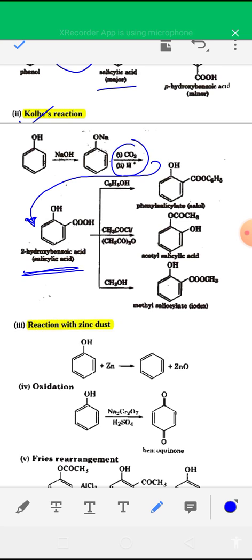So in Kolbe's reaction, first you have to use NaOH, and in the second step you have to react the sodium phenoxide with carbon dioxide and H plus. Okay,